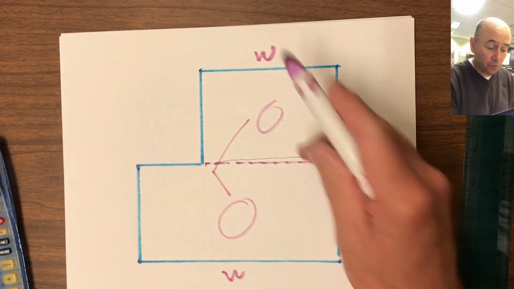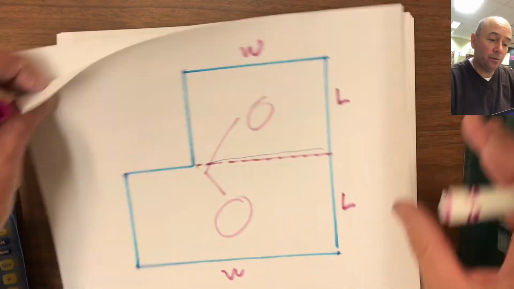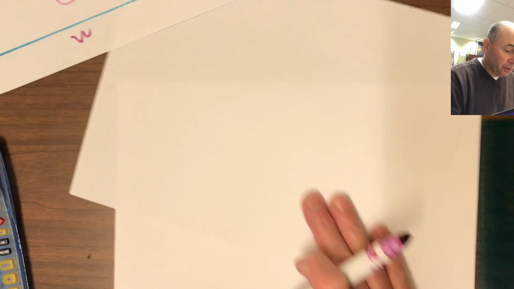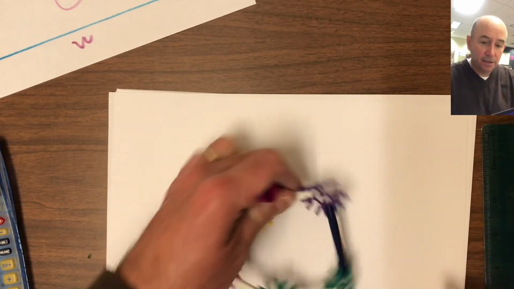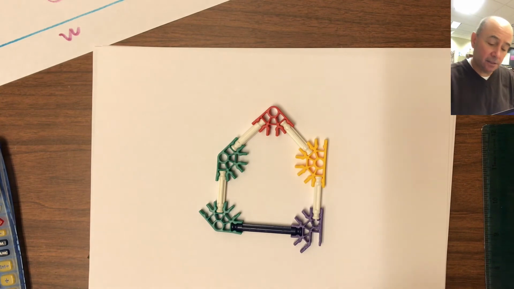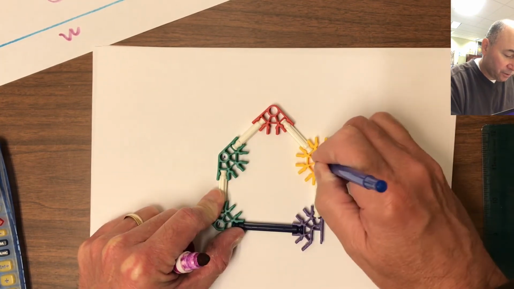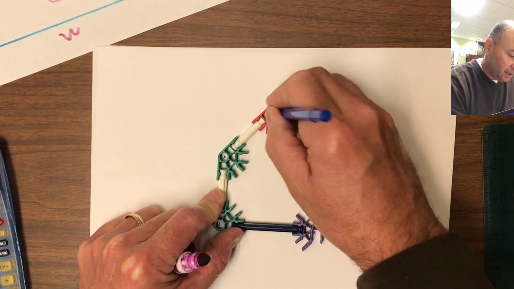Then you would get your area for the whole total thing. Likewise, that would apply to a shape like this. A shape like this, you are looking at decomposing it into